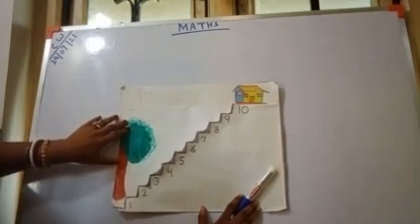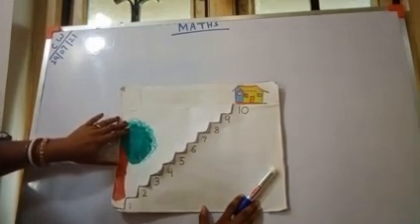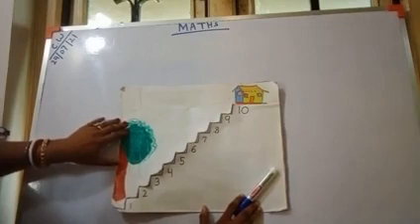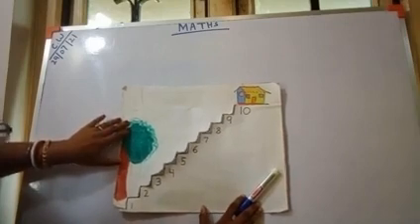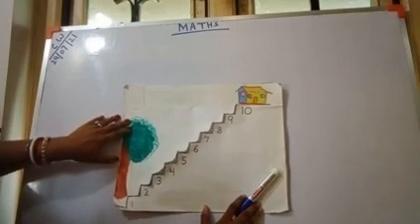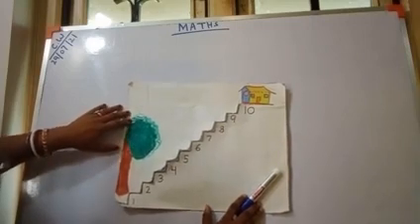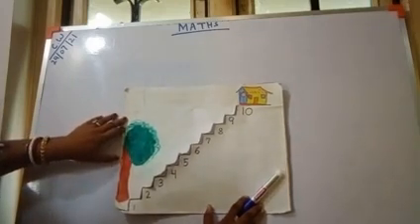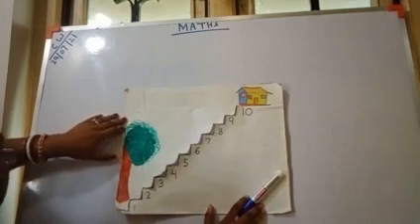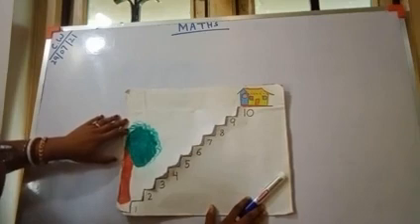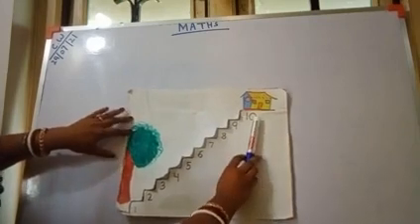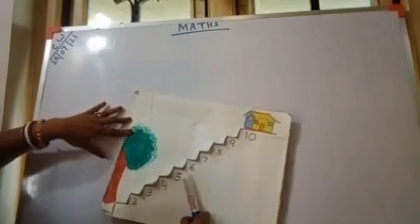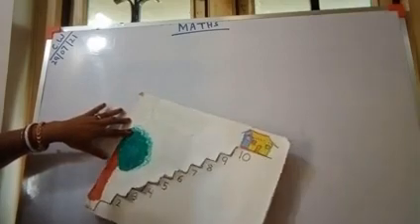One thing you know, that when we are going from down to up, the number increases. As the number increases, quantity also increases. But when we are coming down from up to down, the number decreases. When going down to up, the numbers increase 1, 2 like this. That is, decreasing number is called backward counting. So we are counting the numbers from back side: 10, 9, 8, 7, 6, 5, 4, 3, 2, 1. Okay.